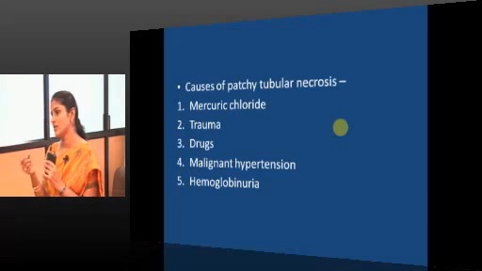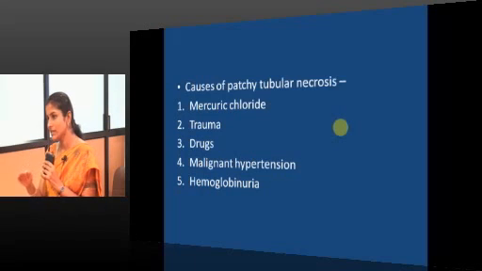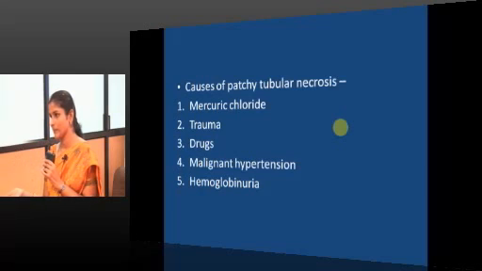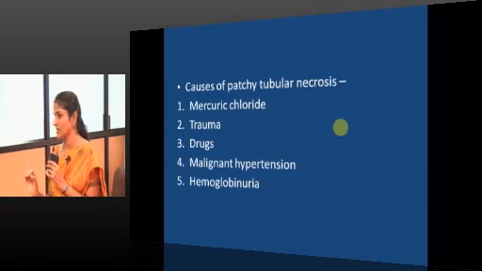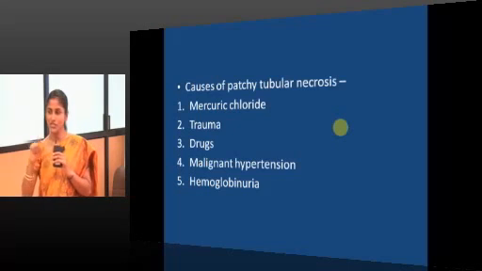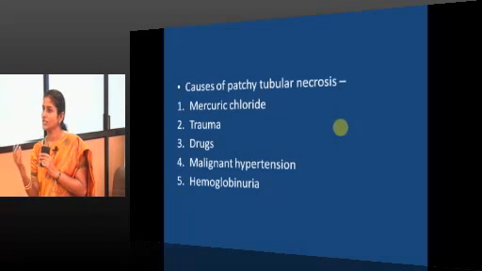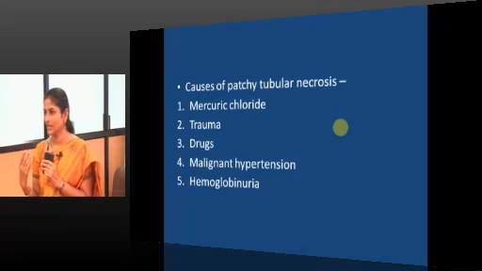Arterioles will be affected. So, when vessels become sclerotic, at one point they may get completely sclerosed. So, compromising the vascular supply. So, malignant hypertension can compromise vascular supply to any organ, especially the organs supplied by tiny vessels. So, malignant hypertension is the cause of ischemic damage to the tubules. Hemoglobinuria, toxic. So, hemoglobin, myoglobin are toxic for the tubular epithelial cells.